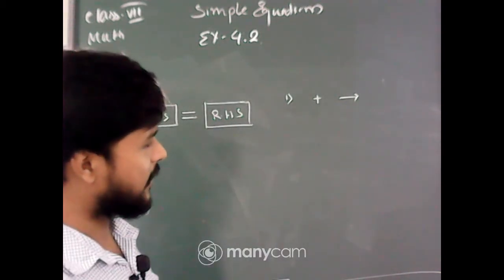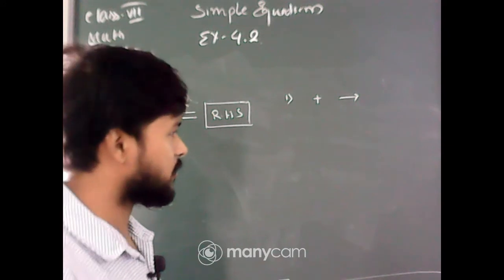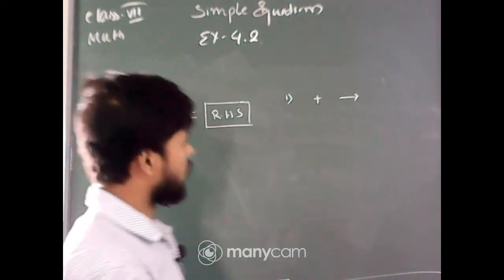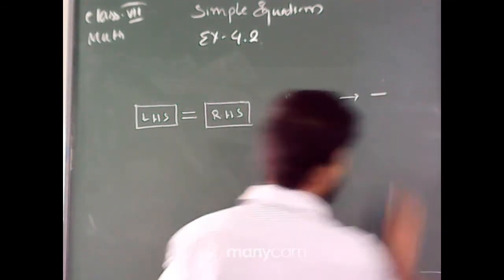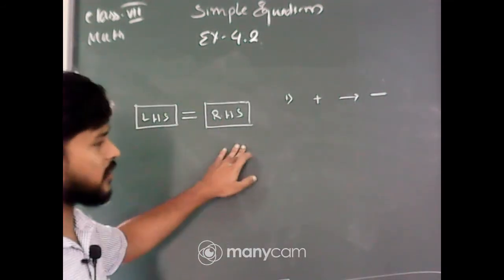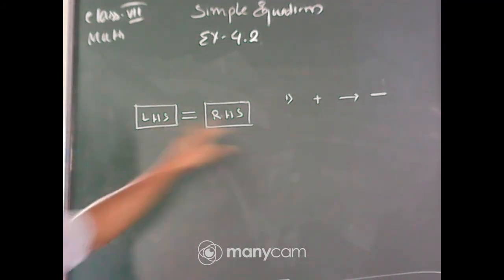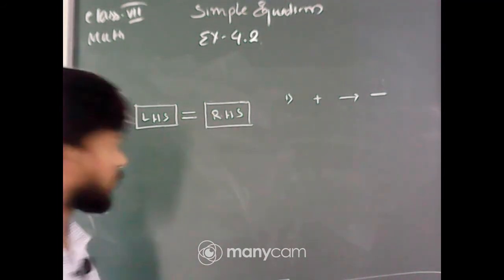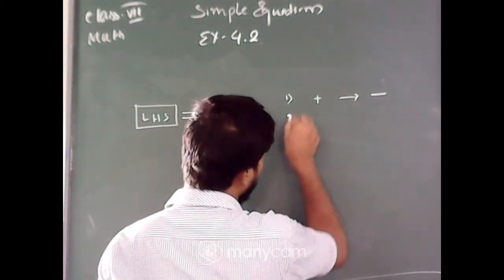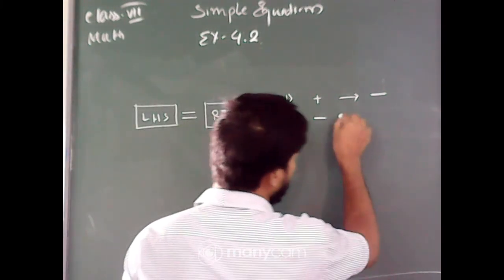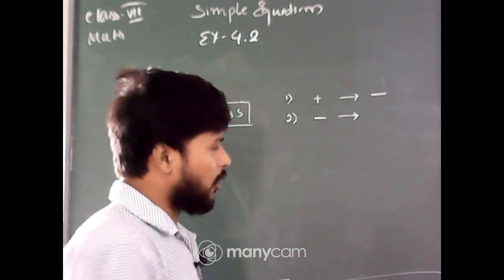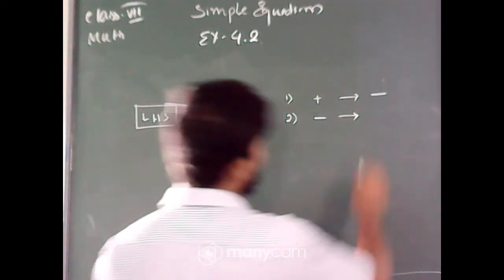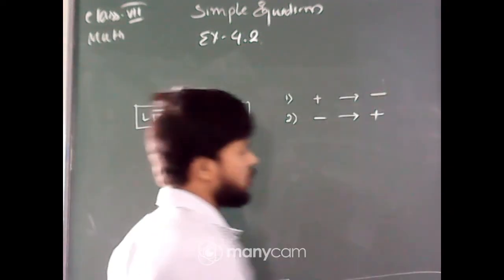Ayantik, if you need to write it, if you want, you can write it. Okay. Yes, Shomani has given the right answer. If it is positive sign, when you shift from left hand side to right hand side or right hand side to left hand side, it will be converted into negative sign. Similarly, number 2, if it is negative sign, and we shift it from right hand side to left hand side or left hand side to right hand side, it will be converted into positive sign. Very good, positive sign.